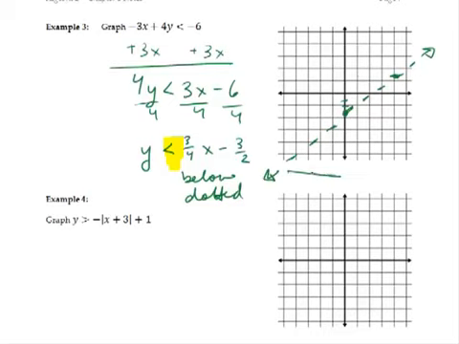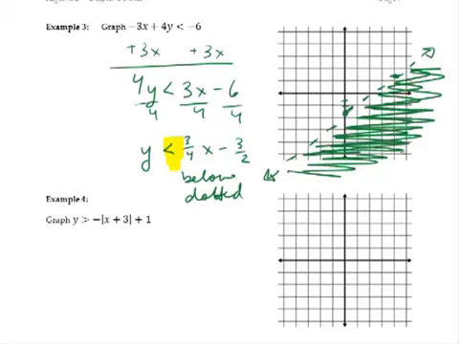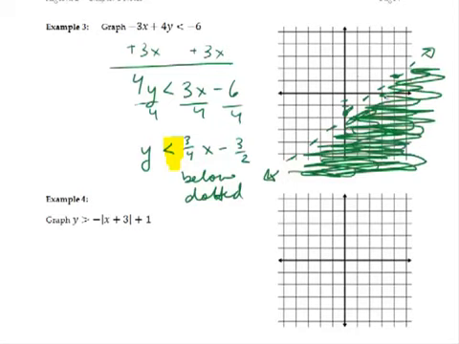And this time I'm shading below. Now to test for a good point to see what would be true, we could use the point (4, -2) in here. So if we use 4 for x, -2 for y,